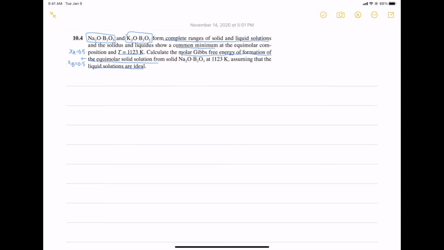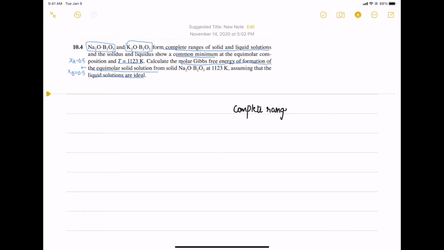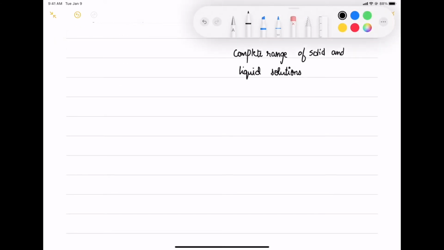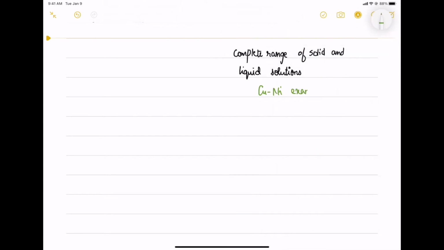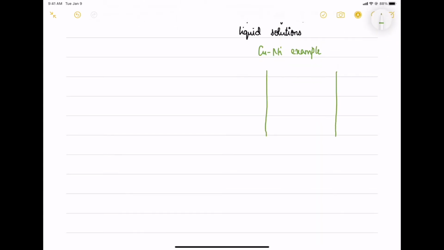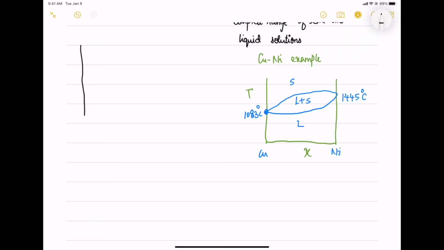These two oxides form a complete range of liquid and solid solutions. So let's take an example of copper-nickel, which forms a complete range of solid solution. It looks like this. It means that after a particular temperature the solid is completely a solution, and below a particular temperature the liquid is a